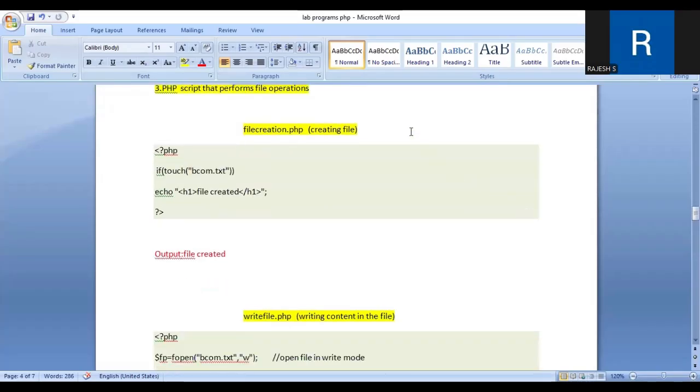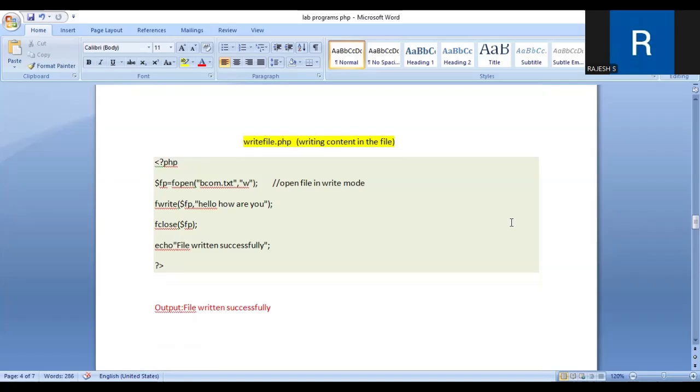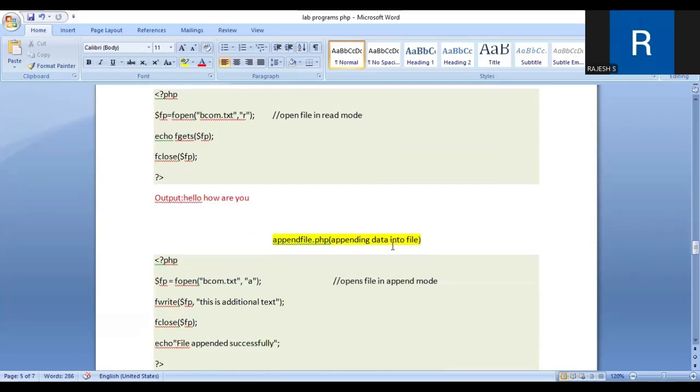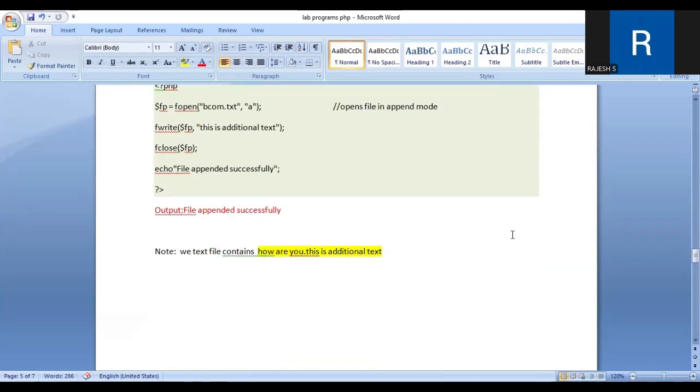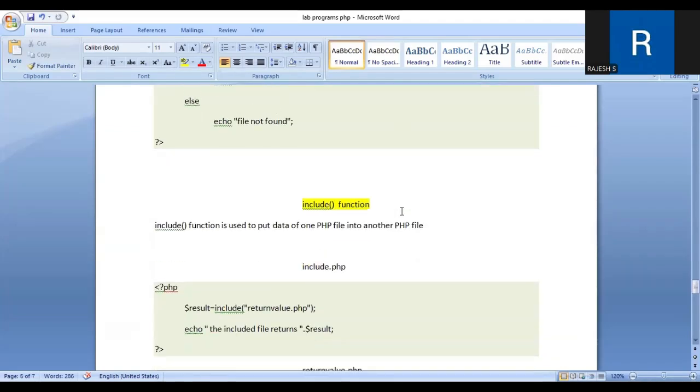See here, file operations in PHP. First one is creating a file. Second one is writing content in the file. Third one, reading content in the file. Next one, appending data in the file. Then checking the existing file, and